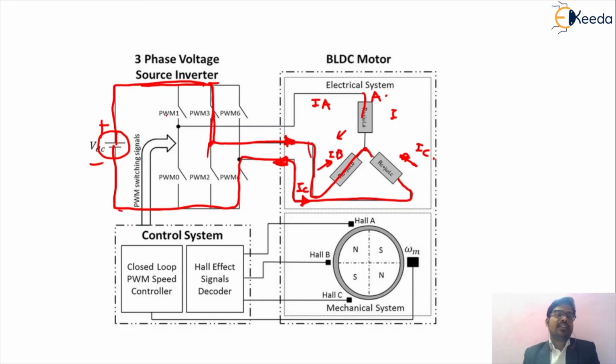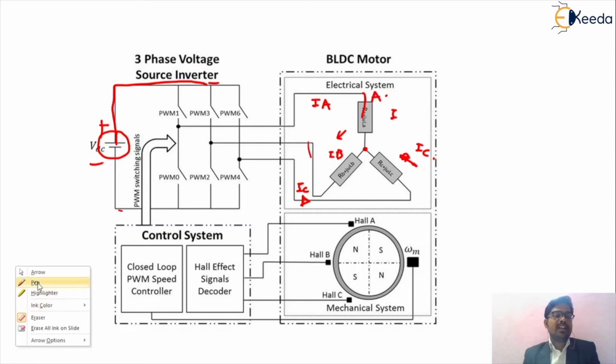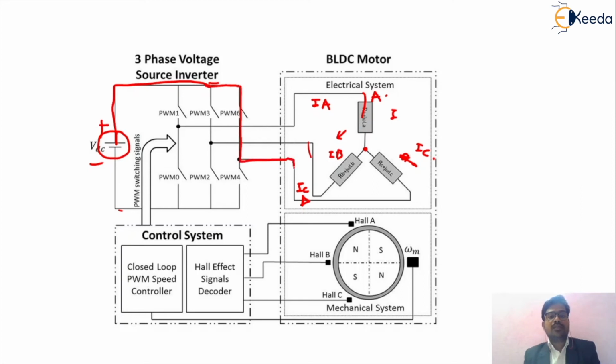After that, for the third case, we can understand that the concept of the conduction is very simple. So how can we give the supply? We can give the supply to that particular winding, from this winding. From this, the direction of current IC will remain the same as it is.